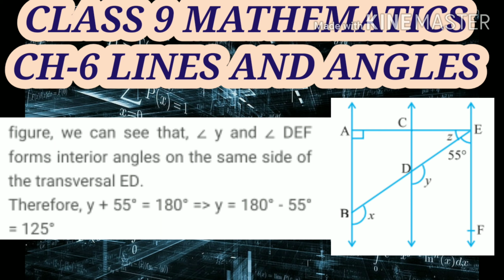So children, the sum of Y and 55 degree must be equal to 180 degree. So here we can make an equation. Now we can solve this equation for Y. To solve this equation, we subtract 55 degree from 180 degree